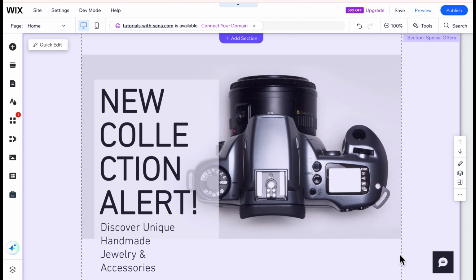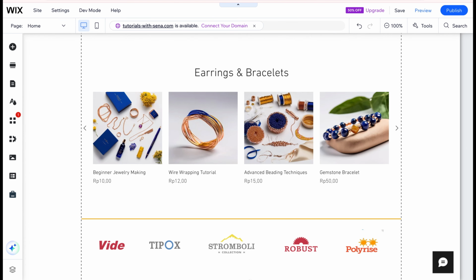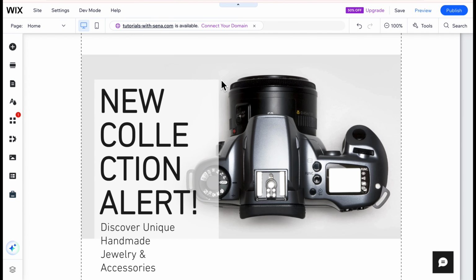How to add a footer on your Wix website. So basically, when you have your Wix website like here, it will come with a footer and header by default. Or if you experience it like this, with no footer or no header right here, and to make it appear again, you